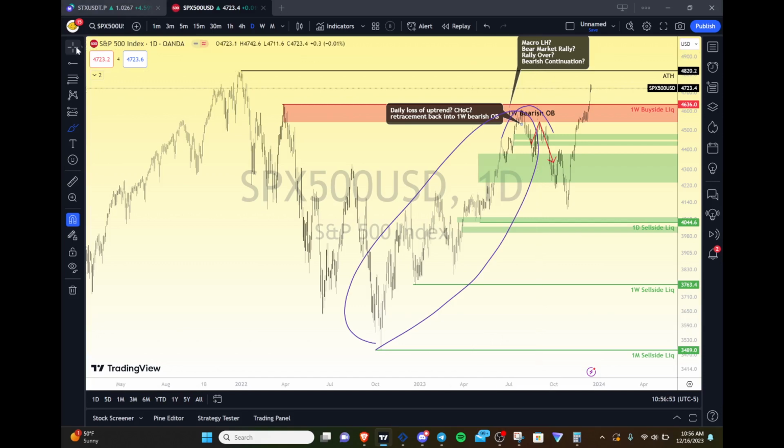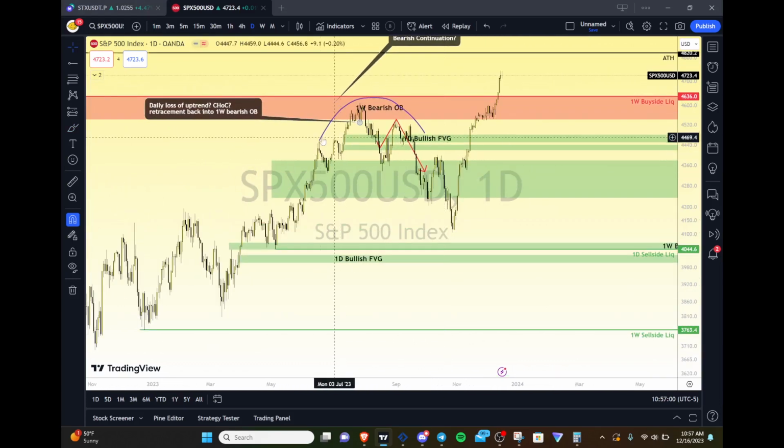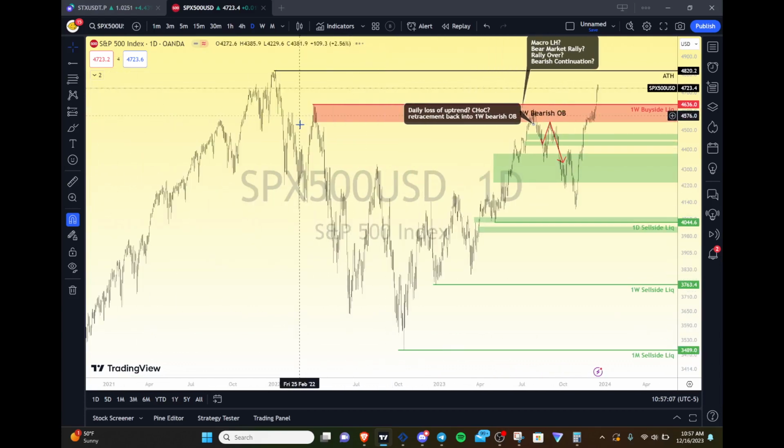You definitely want to think about your ideas, test them out, think how they're going to work, how they'll fail, but don't trade your ideas. Trade what the chart tells you is the right way. So when you see a big move up after a nice move down like this, right, and you're taking out intermediate highs or protected highs from a nice little pop down, you should be looking for longs.